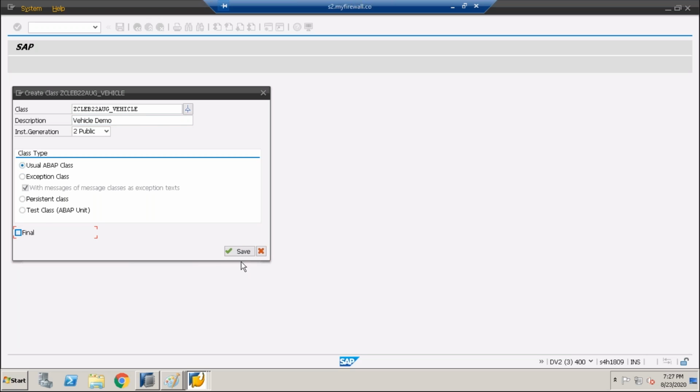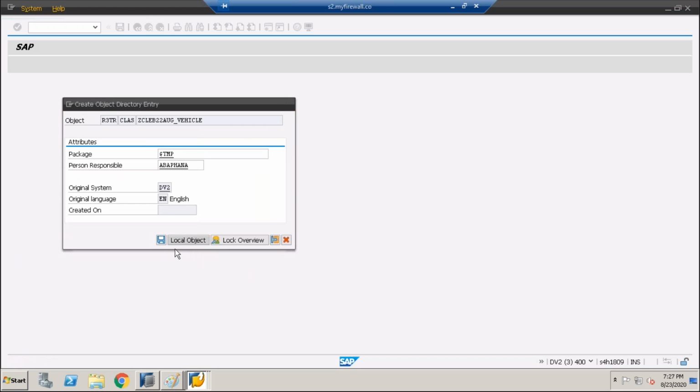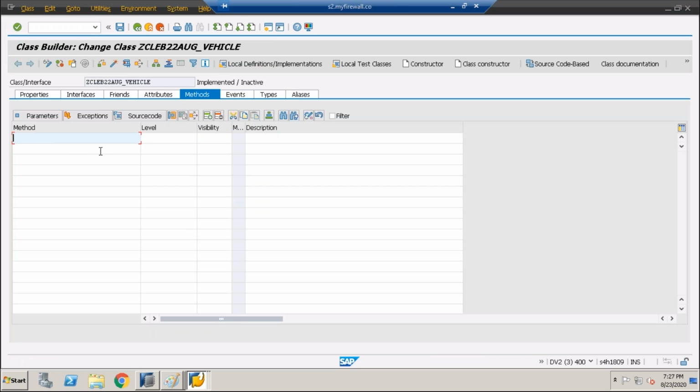I'm going to remove this final keyword so that if I want later to inherit this particular class into another class, I should be able to do so. If I don't remove that final, I will not be able to do so. Okay, so this vehicle class we are having,